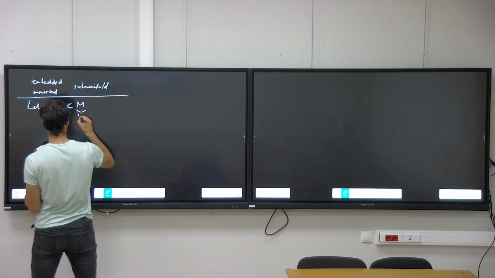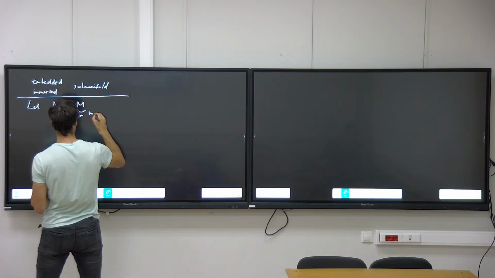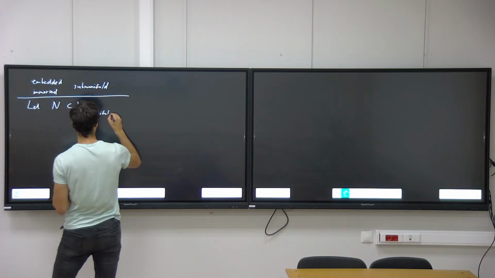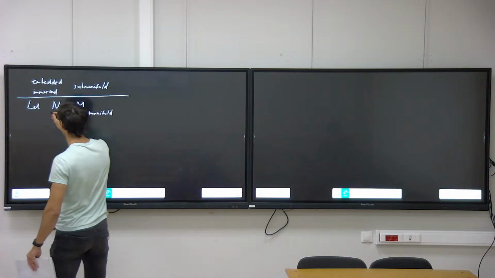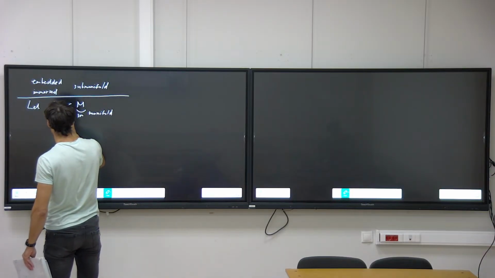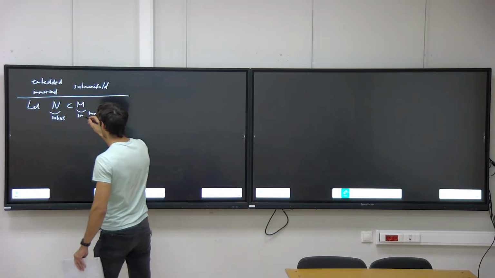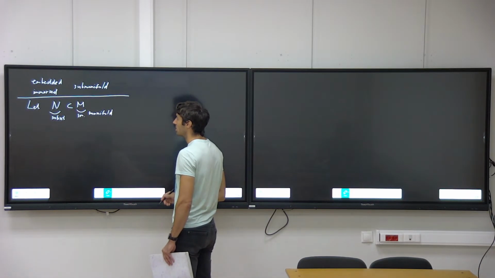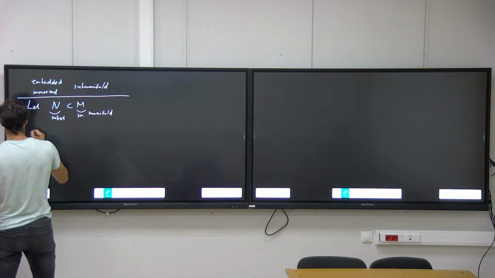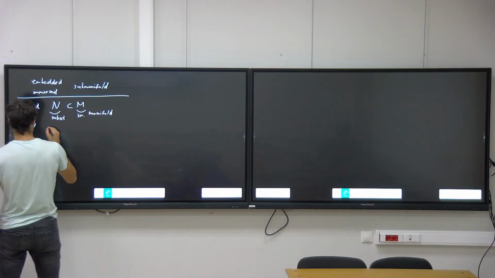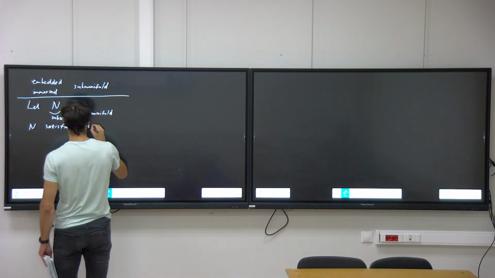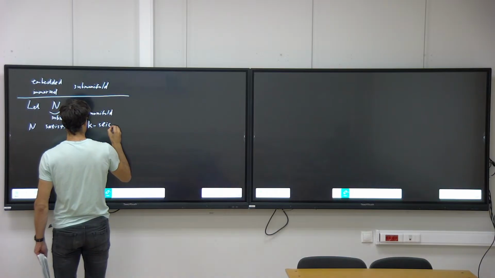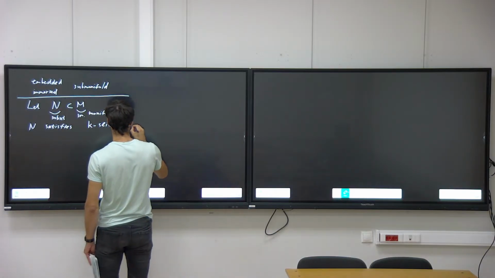So this is the smooth manifold M, and this is just a subset. And we say that N satisfies the k-slice condition